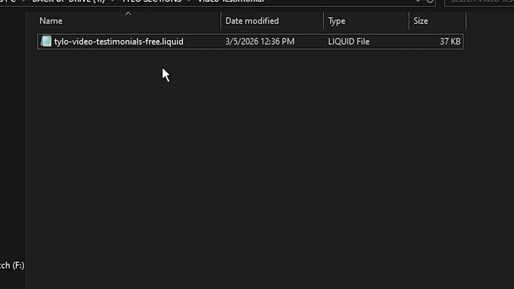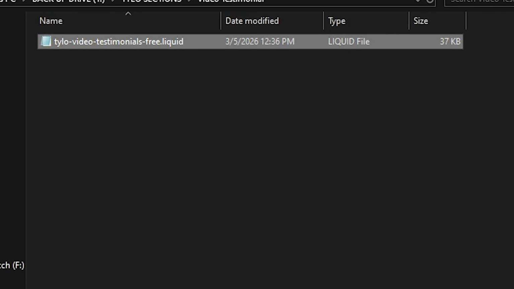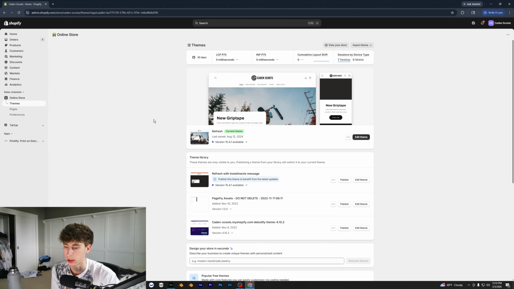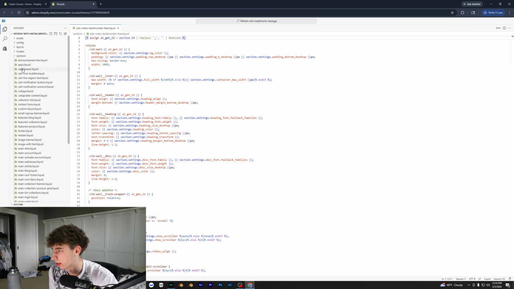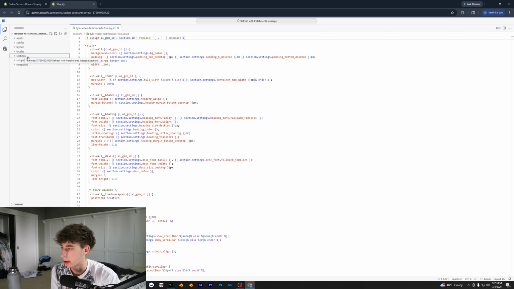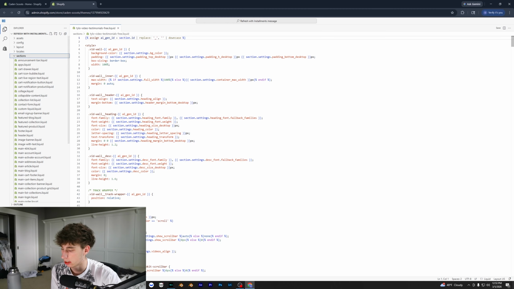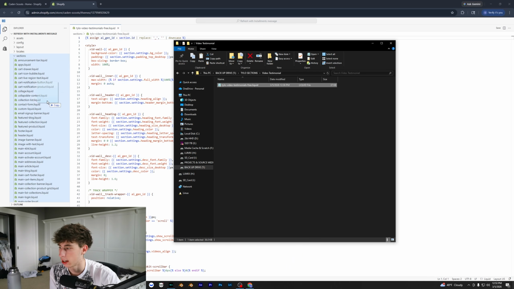So yeah, once you have that downloaded, you will get a file like this, and I'll show you guys exactly how to import this into your store. It's literally super easy. Just go ahead and go to your theme and hit edit code. Don't worry, we're not going to be actually editing any code here. We just have to drag and drop the section in. So open up the sections folder right here, and then locate the file that you downloaded and literally just drag